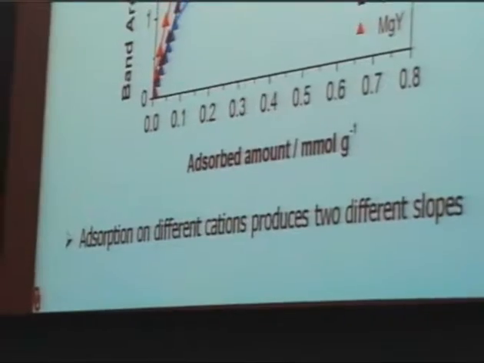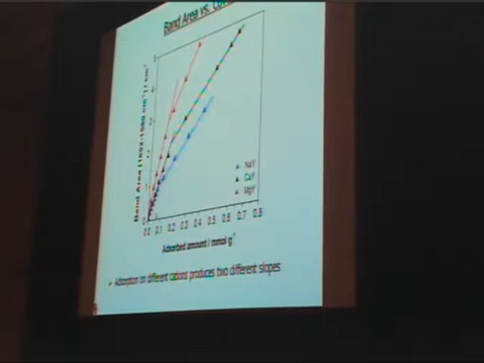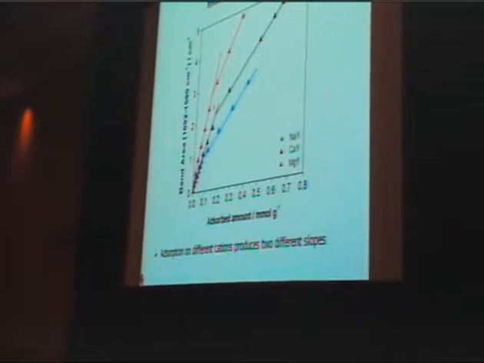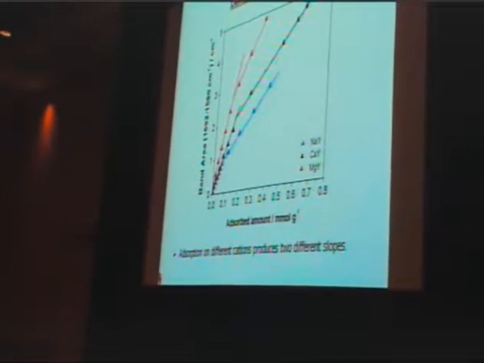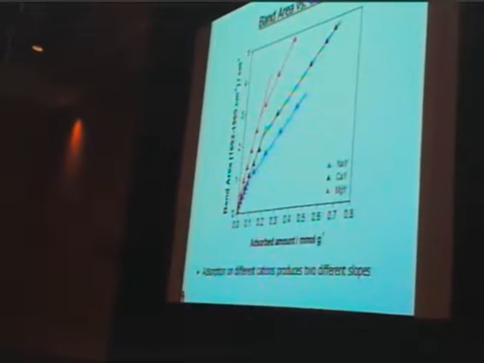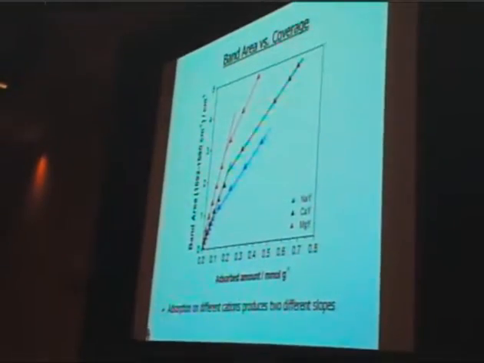For instance, of course, for the sodium Y, we would maybe hope that we just have one slope and a straight line. For the calcium and magnesium Y, we have very steep slopes initially, and then essentially as we populate the sodium, we would of course expect that these should be about equivalent slopes, the slopes always being representative of the absorption coefficient. So essentially, this works quite well, and our next step will of course be to demonstrate that the reactivity on these various samples will correspond to what we would predict from infrared spectroscopy. I should mention here we have also looked at the zinc Y, but we got polymerization immediately,